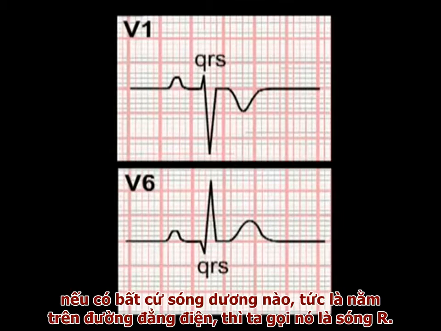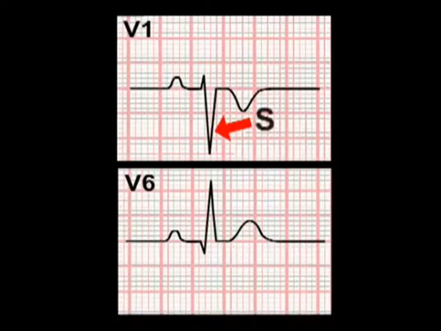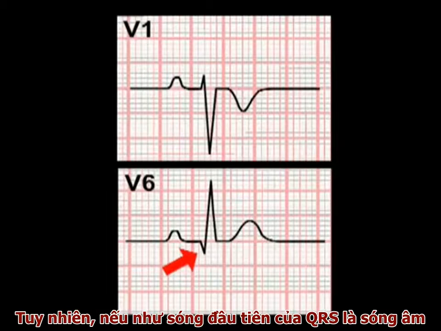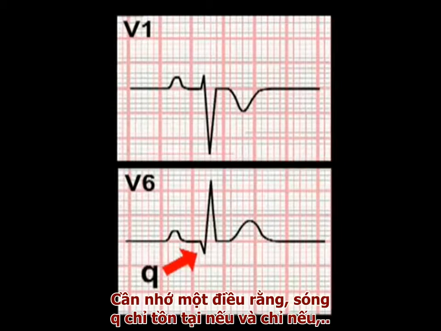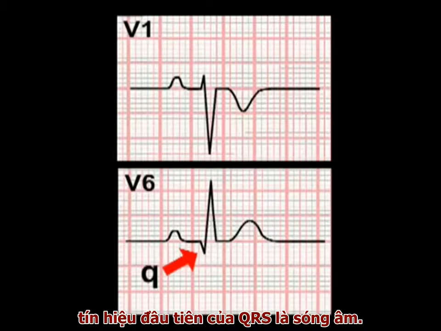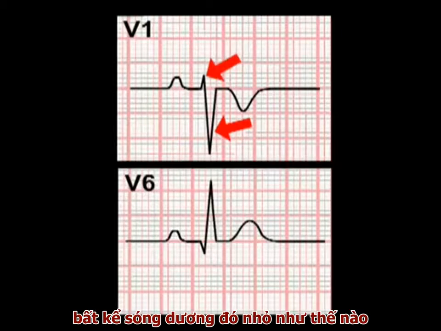Within the QRS complex, any positive deflection, that is, a deflection above the isoelectric line, is termed an R wave. Any negative deflection which follows an R wave is termed an S wave. However, if the first deflection of the QRS complex is negative, this deflection is termed a Q wave. This is important. A Q wave can only exist if and only if the first deflection of the QRS complex is negative. A negative deflection following a positive deflection, no matter how small that positive deflection may be, is an